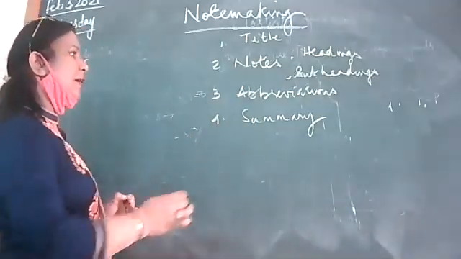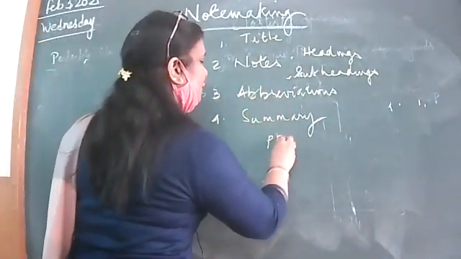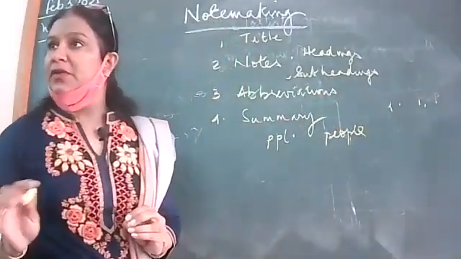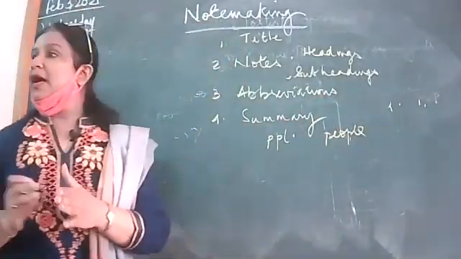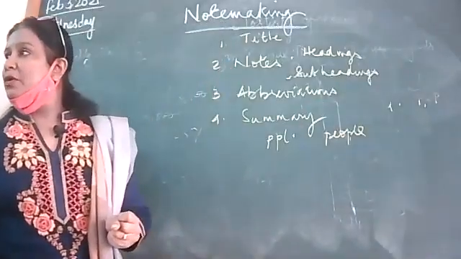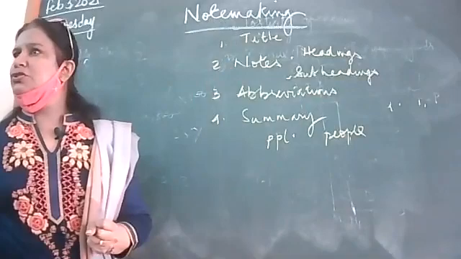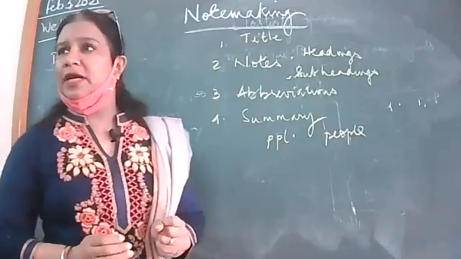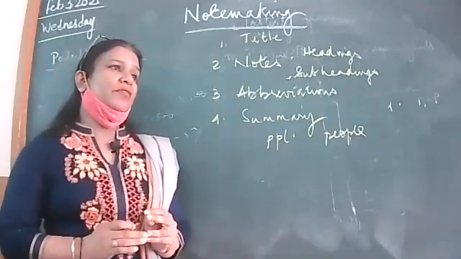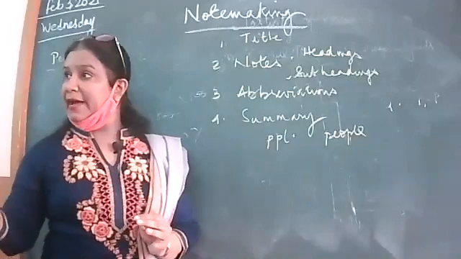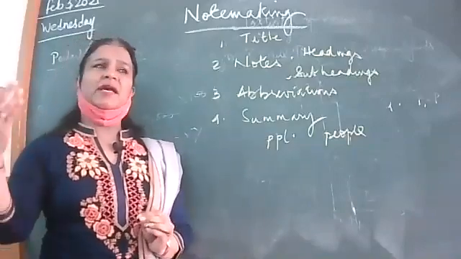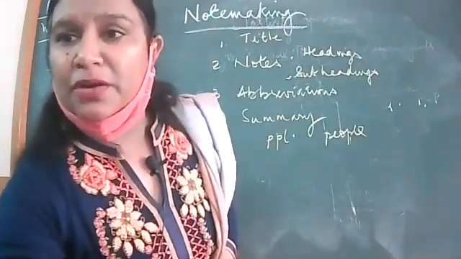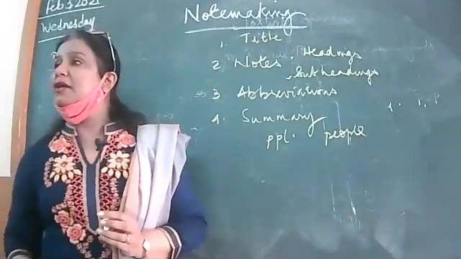So what are the kinds of abbreviations that we've used? Like you wrote people for people, isn't it? Right? Apart from this, like European or aristocrat or environment or chocolate we had written, right? All those abbreviations you have done. Apart from these, you can use symbols and signs, greater than, lesser than, equal to. If you are aware of these basic signs and symbols, you can use them also.